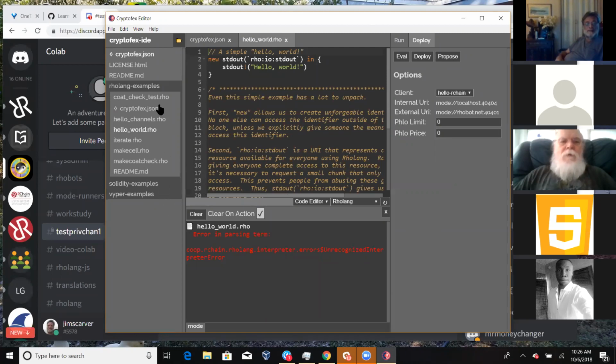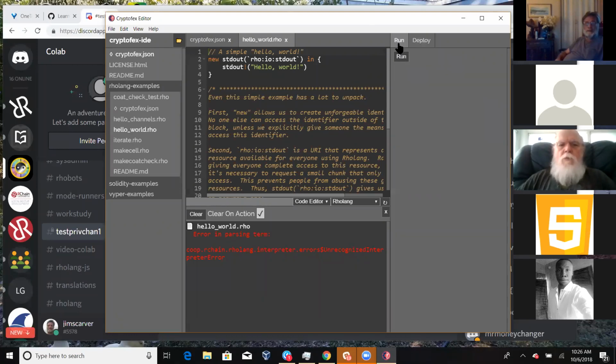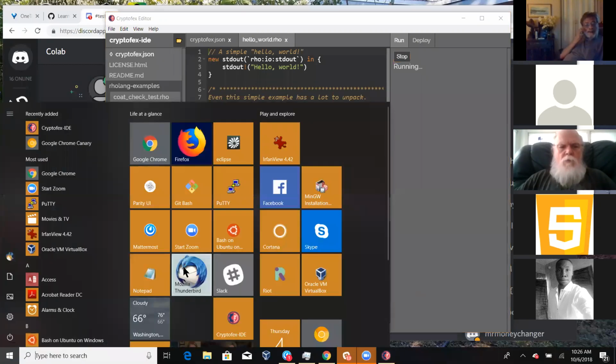So in any case, I don't have this working. Why don't you try changing the internal port? Because I think that's the REPL port. The internal works. When I do a run, it works. Oh, okay. Sort of. Like I said, it didn't seem to be so slow before. I don't know why it's so slow now.